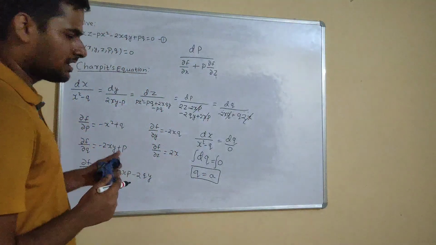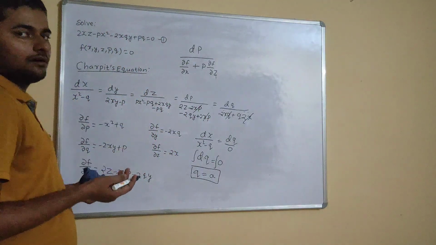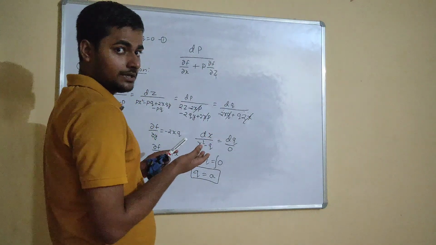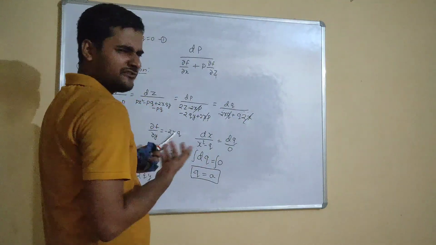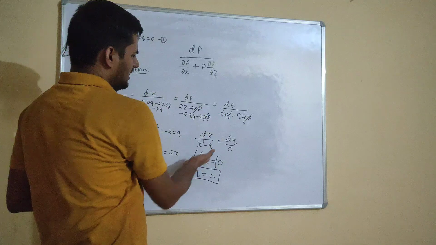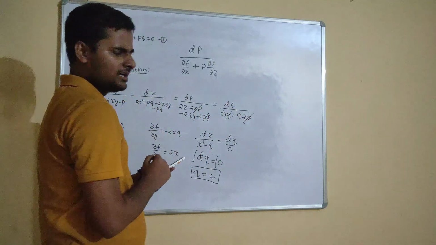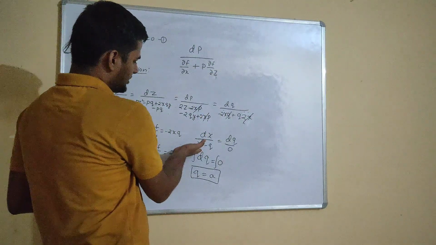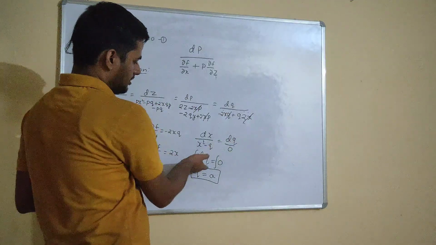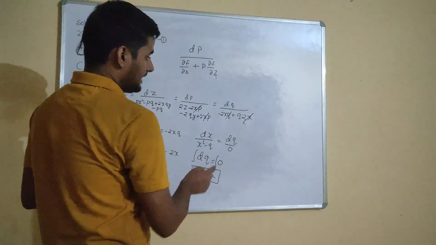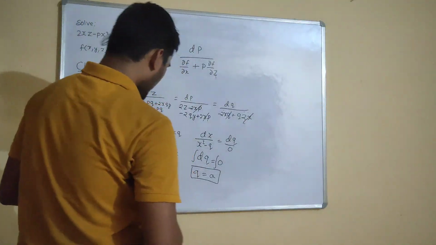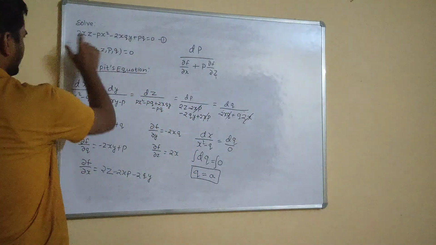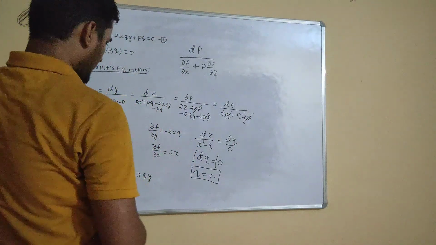Look how simply I got it. Writing all this seems to be a waste of time in this particular question, because the last fraction was just amazing. Because if you are getting 0 in the denominator, you can directly write the numerator equals 0 and integrate. Because anyway, if you equate to any of the 4 fractions, you are going to get this expression only. So just equate the numerator to 0 if you are getting the denominator as 0. So q equals a you got. What is the next step? Put this q equals a in this equation.